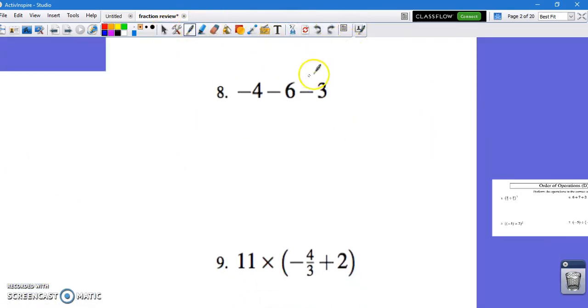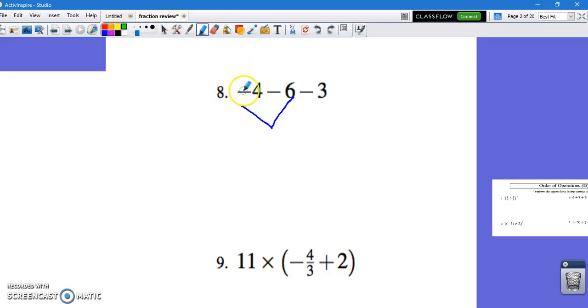Number 8. Look at this. None of them are fractions, so this should be quite easy. First, let's do this part. You see this? It's a subtraction problem, okay? Don't look at this as -6, okay? What you have to look at it as is like this,